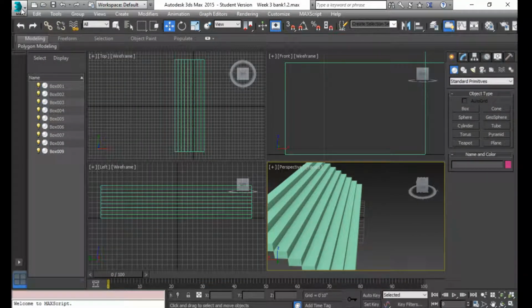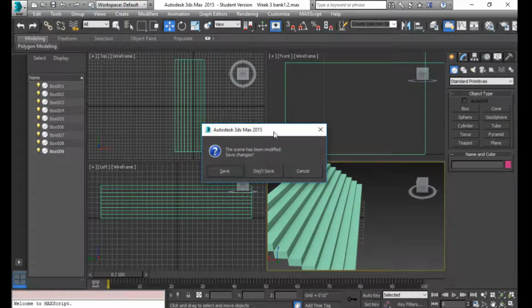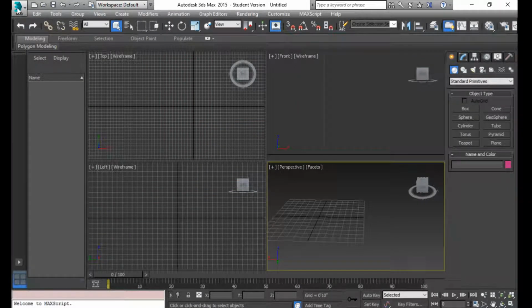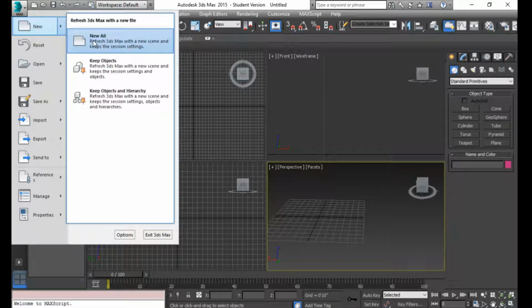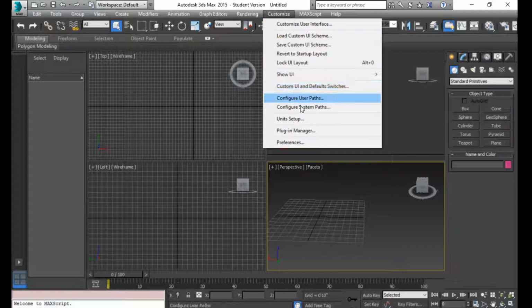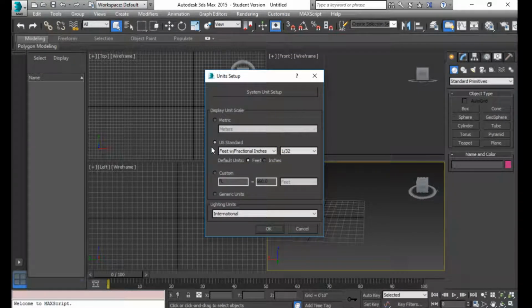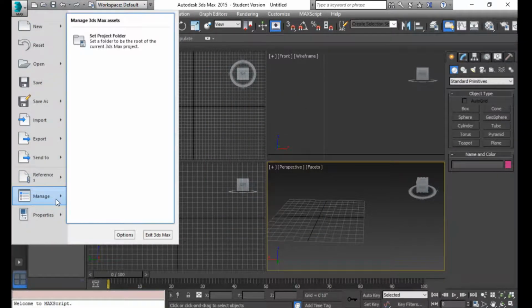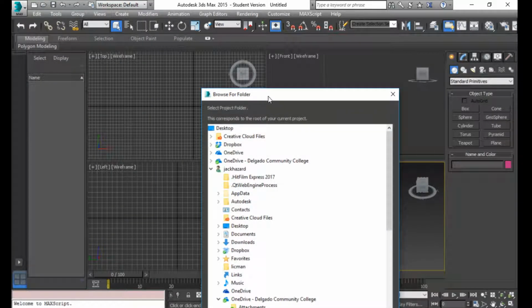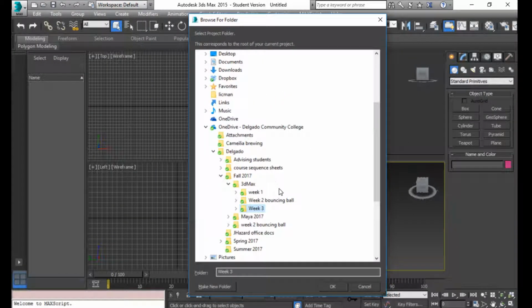So we are going to create a bank. Let us make sure first I went to new all, and I refreshed everything. Going to customize, go to unit setup, make sure I'm at US standard feet and fractional inches. And I'm going to go to manage, set my current project folder. And I'm going to set that in